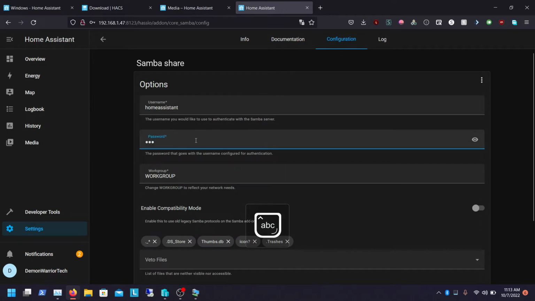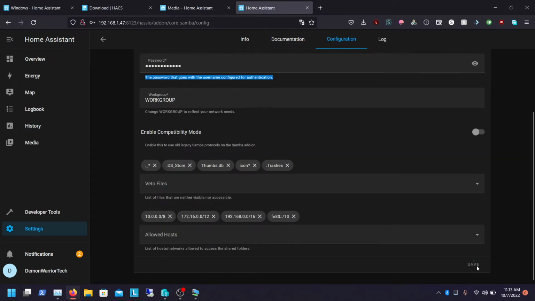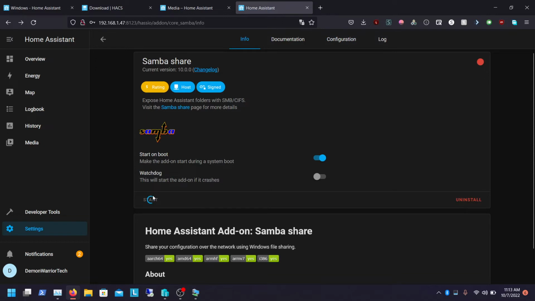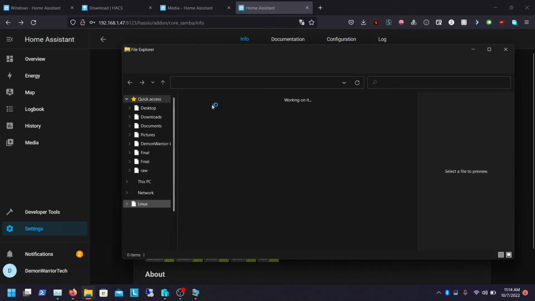So I'm going to install my username. Okay, then we'll save it. You just add any username, any password you want to use. And then we'll go back. We'll click on start. And now if I go to my folder view, I can see that I can view